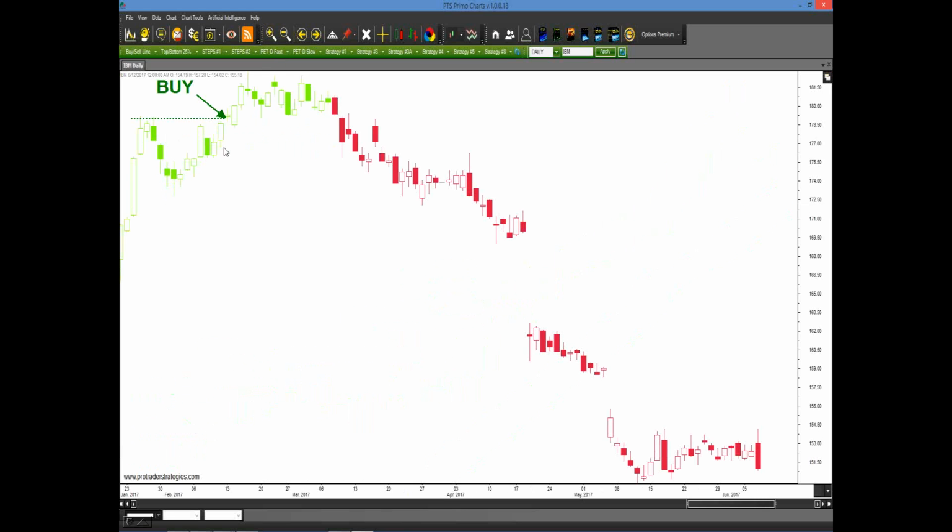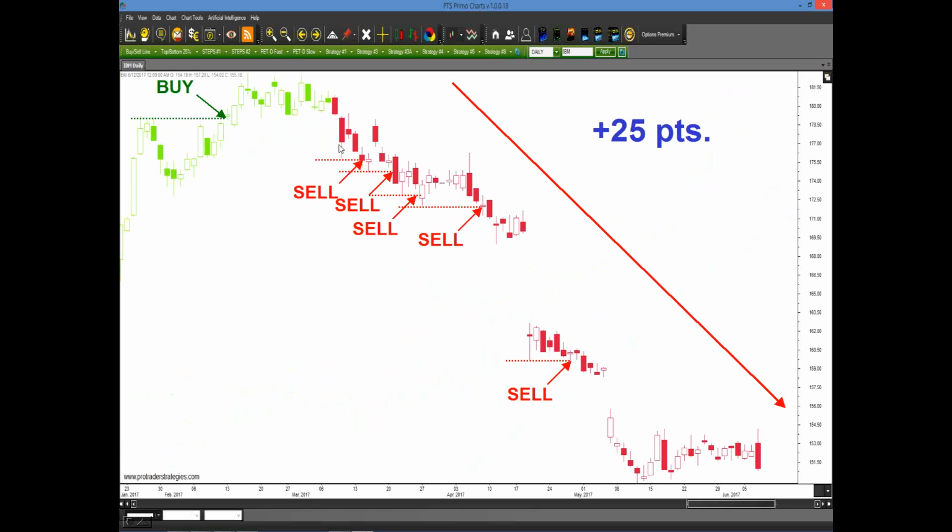Initially, they were all green, telling us that we were in an uptrend. And you could have taken advantage of this very first pivot. And had you decided not to sell, well, that's okay. You would have switched gears here because look what happened. You would have either broken even if you moved your stop up or taken a small loss, but you could have quickly regained that loss.